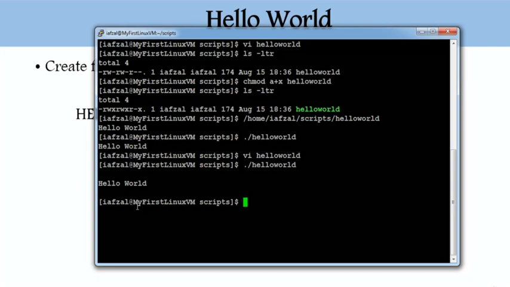Now as an exercise, I would recommend you to go ahead and create a couple of scripts that will output on the screen, like my name is Imran Afzal, I love to teach, and whatever else you want to add. Just output it, chop the lines whichever way you want. This will give you some practice on how to